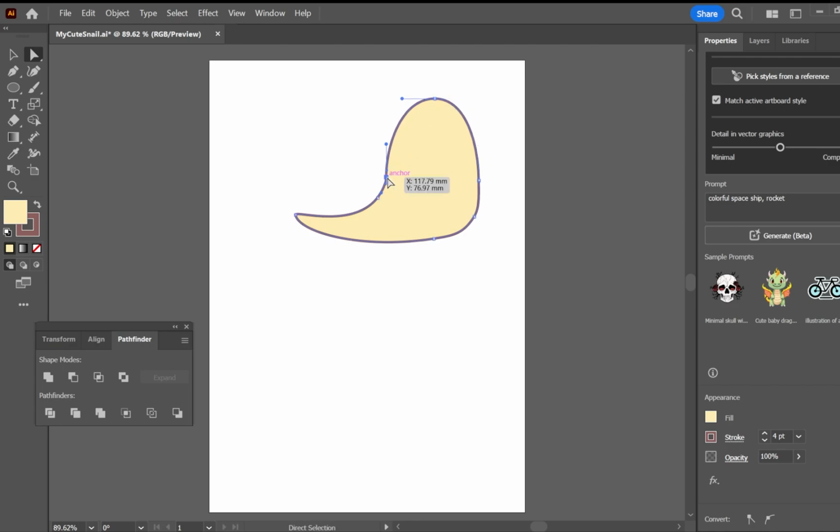When you're happy with that shape, you can use something called the Smooth tool. And the Smooth tool can be used just to tidy up your drawing a little bit if you're not quite happy with it.